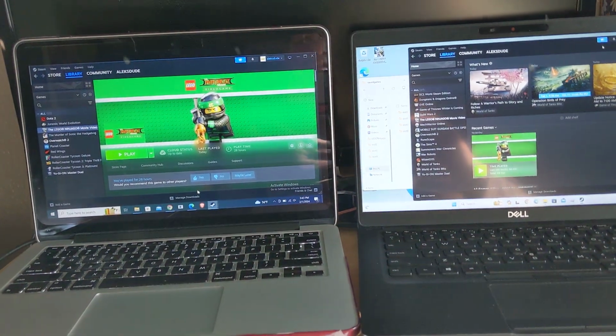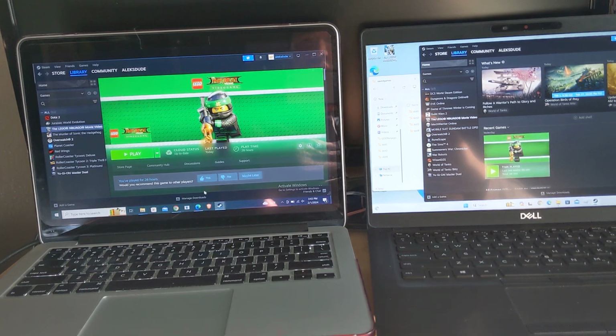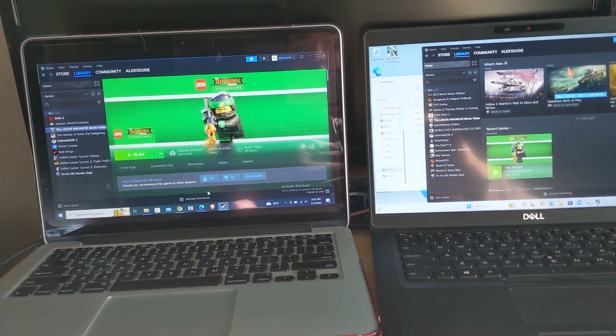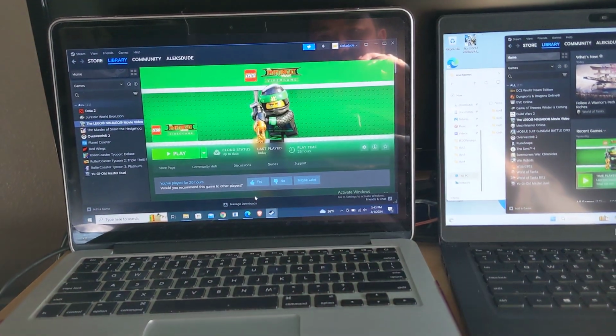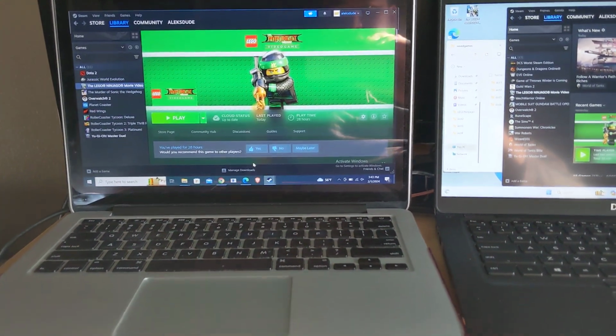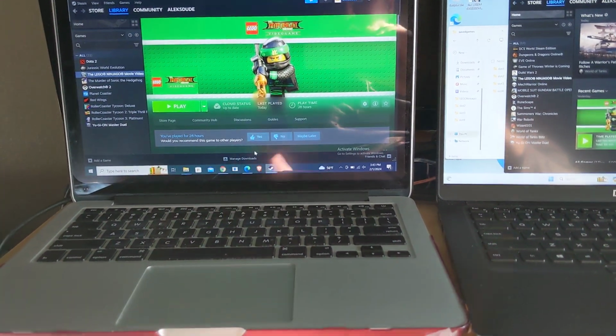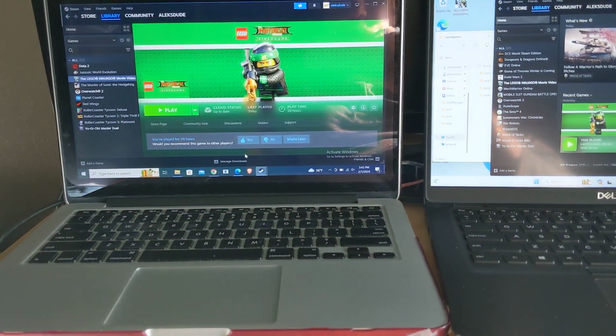The other day, I was trying to play Ninjago, and I couldn't because my son was trying to play a different game using the same account. So I said that's okay. I'll just create a new Steam account and pay whatever, $2-3, to get Lego Ninjago on the other account, which